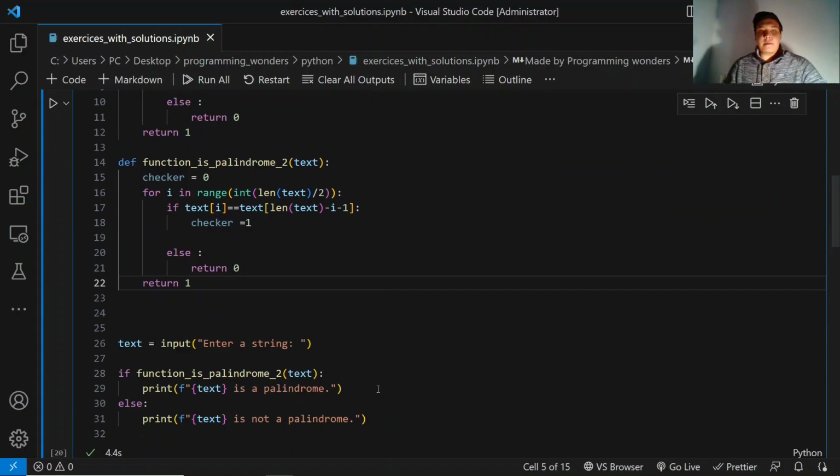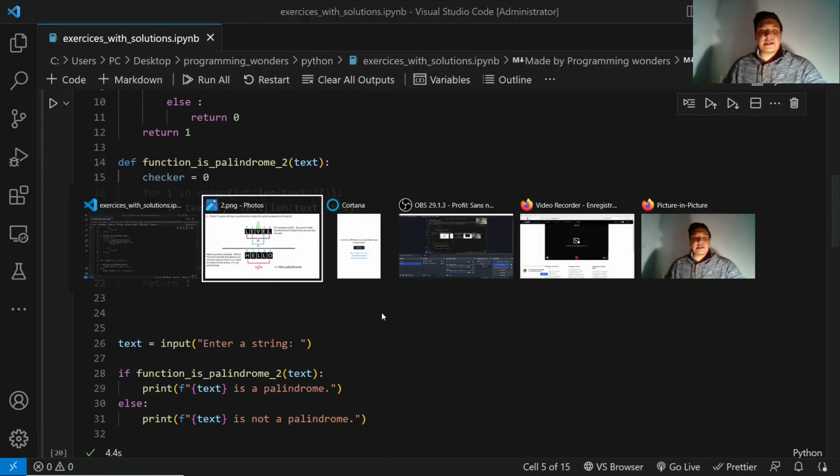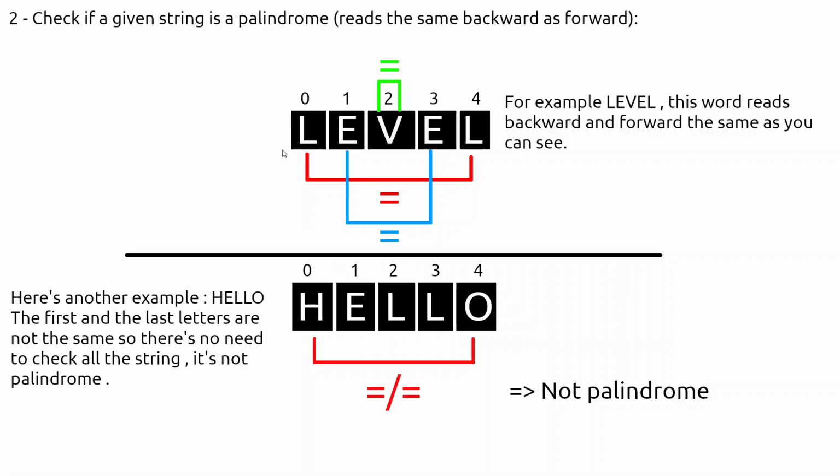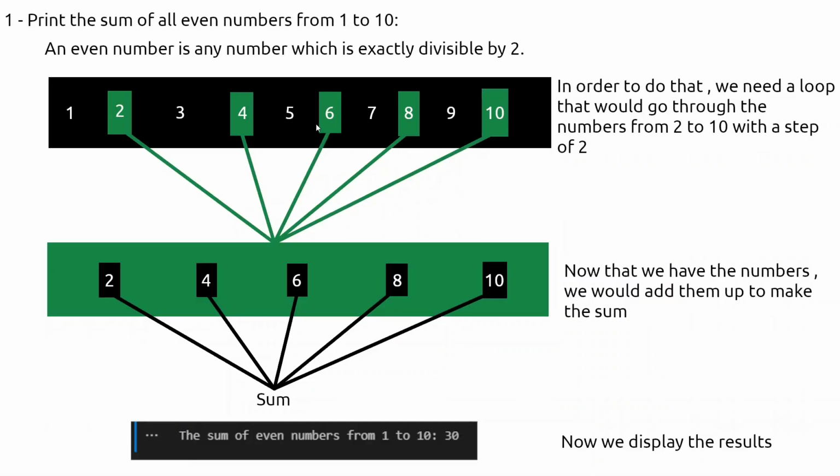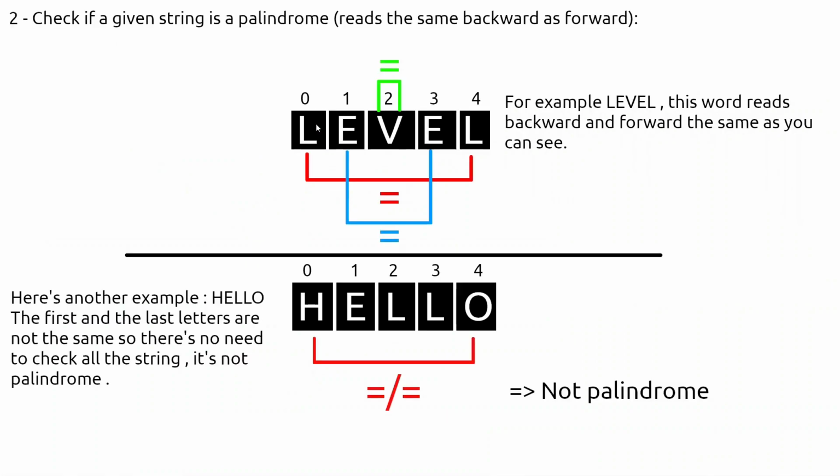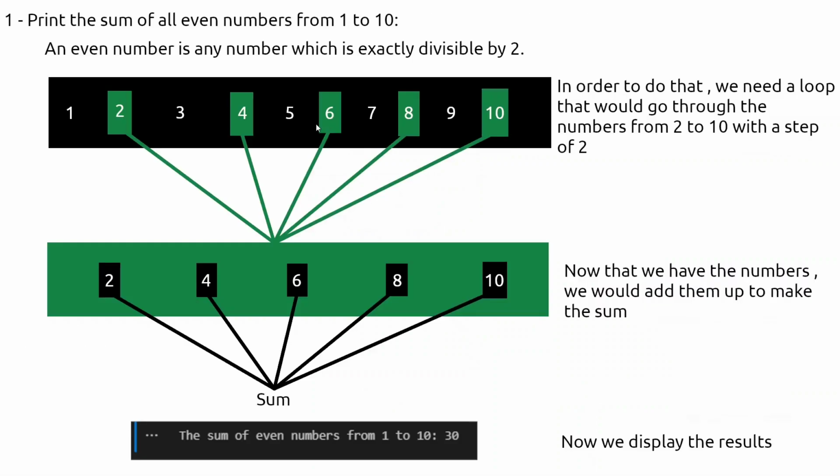So yeah, I guess that this is it for today. We made two examples: the sum of all even numbers from 1 to 10, and then checking if a given string is a palindrome. So this is a part of this series of